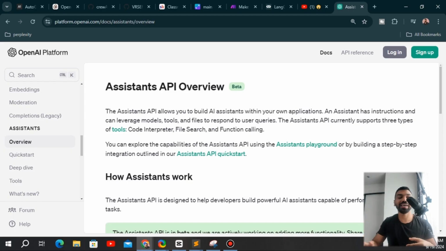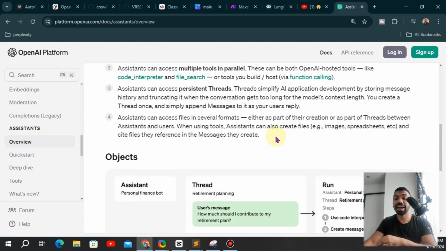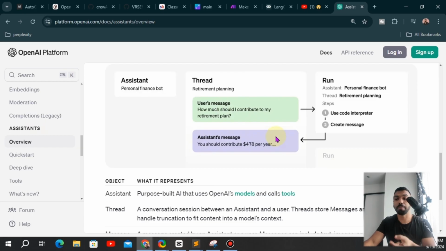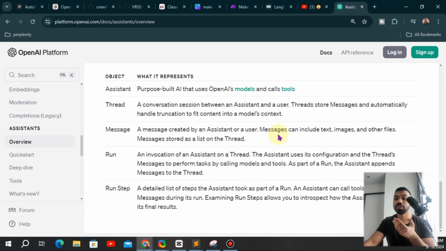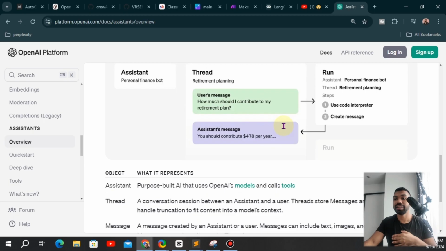And the assistant API is backed up by developers and a lot of funding. So you know that it's already validated. It's already working. People are building applications on top of the assistant API. So I recommend you start with the documentation, how assistants work. I have a lot of videos explaining the components of assistant, threads, messages, run steps, all the features that go